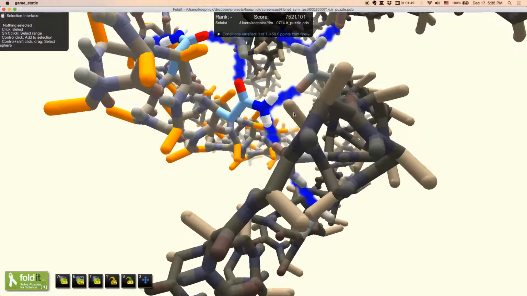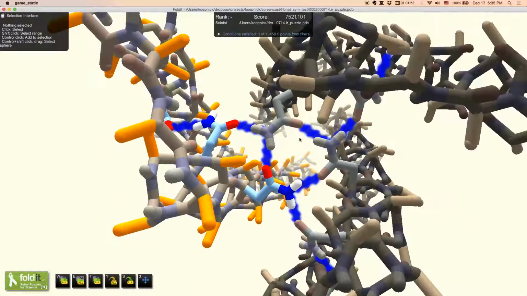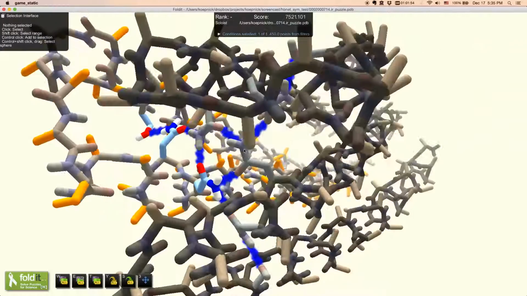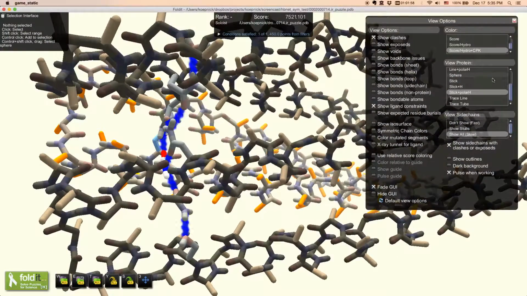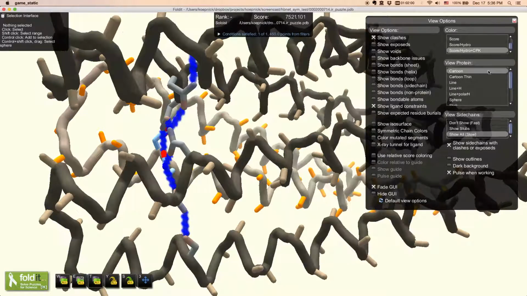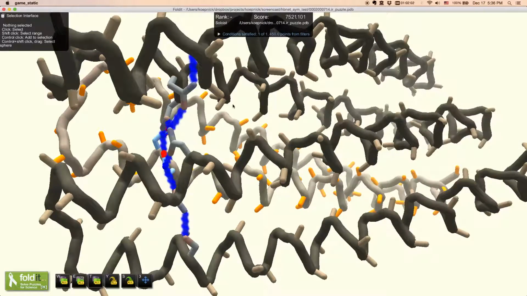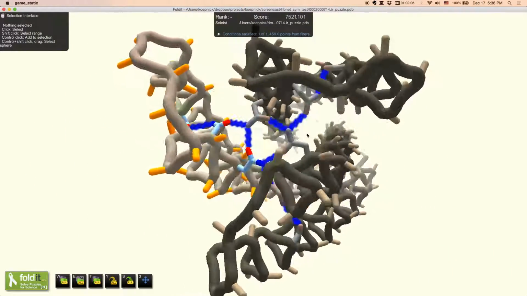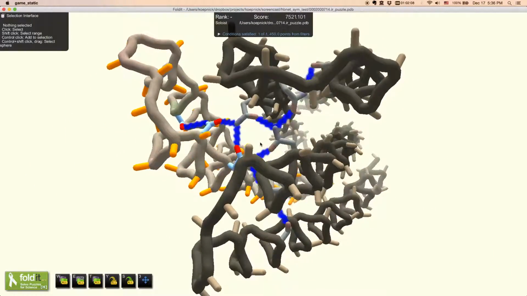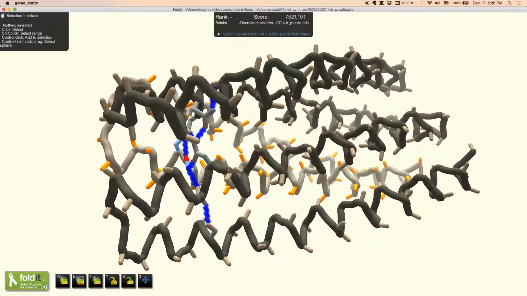Yes, so this is another thing you might realize here: this hydrogen bond network is isolated to just one part of the protein. This is actually a very large protein. I'm going to go back to cartoon mode. So there are 6 helices in this protein, and only this one hydrogen bond network on this end.